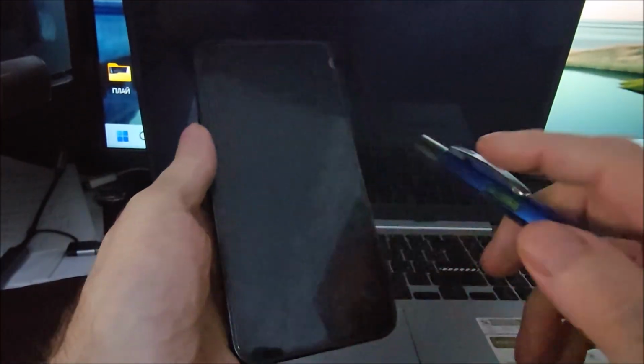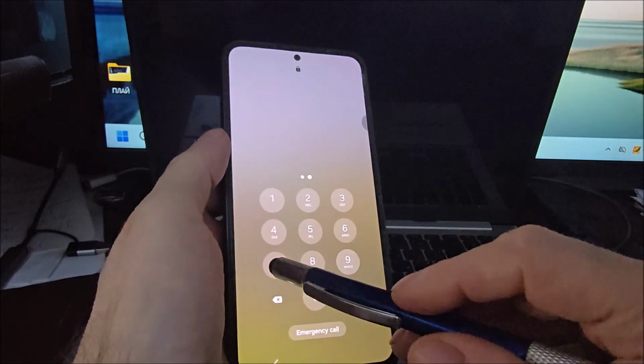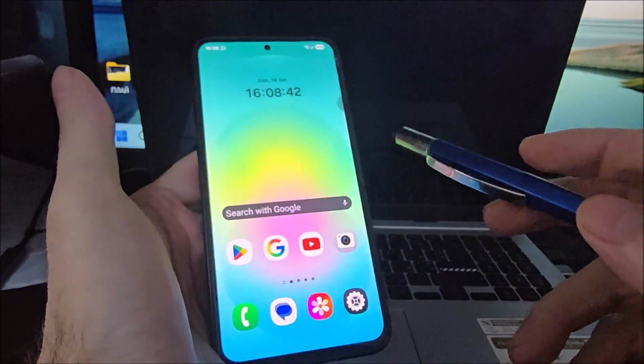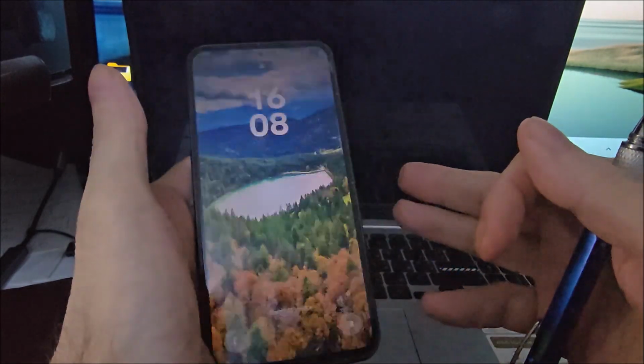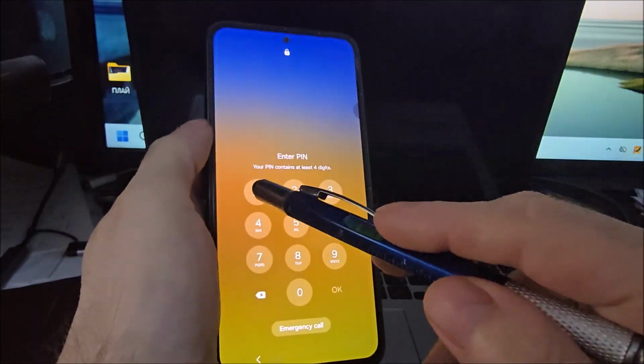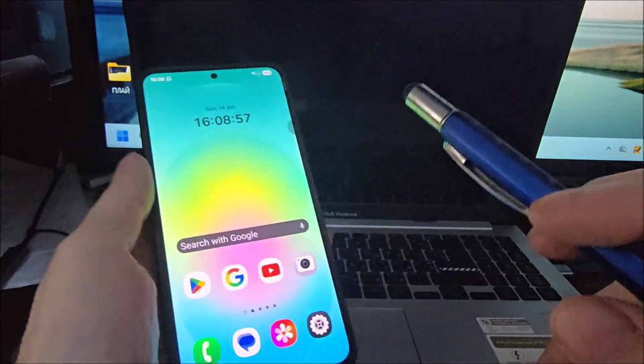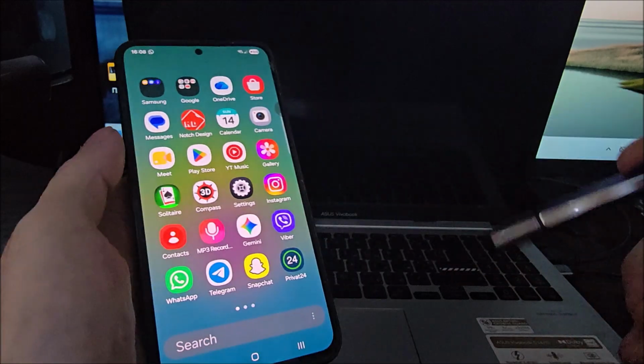Hi everyone! If you've noticed strange news articles, wallpapers, or recommendations appearing on your Samsung A27 lock screen, you're probably dealing with Glance, and more importantly, how to get rid of it. The good news is that it's much easier than you might think. In this video, I'll show you exactly how to turn Glance on and off on your Samsung A27 step by step. I'll also explain where this setting is hidden, because many users spend a lot of time searching for it